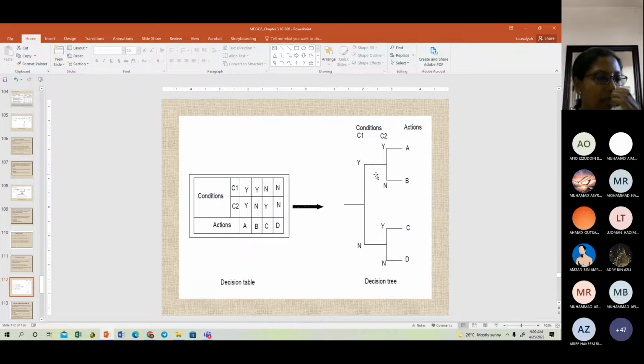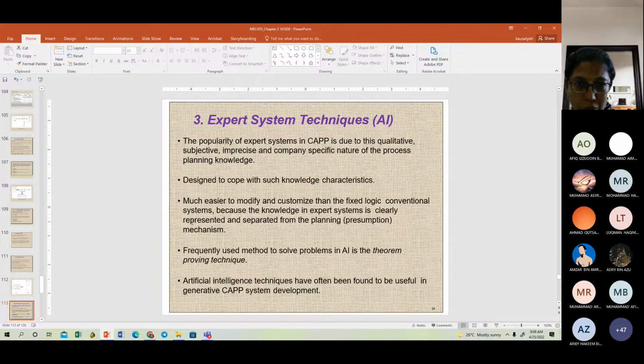Okay. So if ever any test questions have come out before from this part, it is actually this one here, where they actually give you a decision tree and ask you to convert to a decision table, or vice versa. Okay, so this is pretty